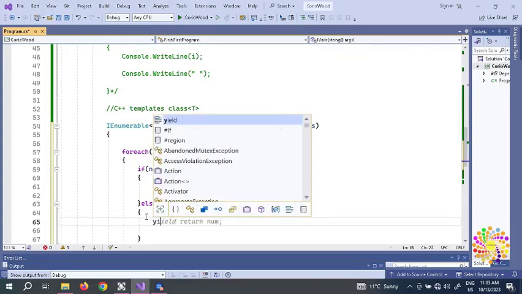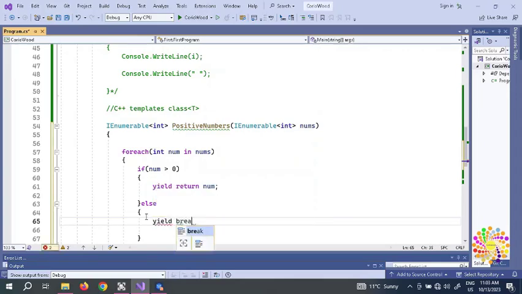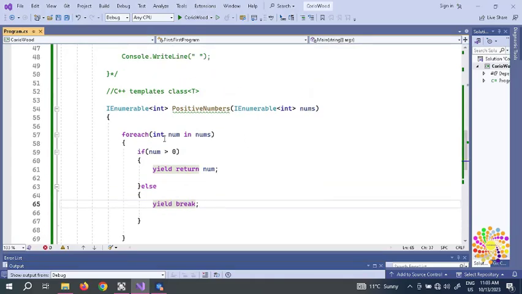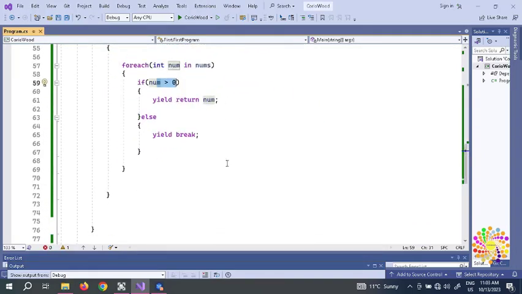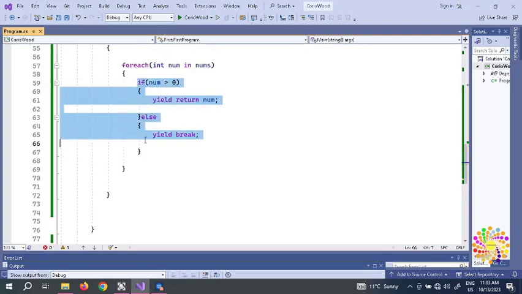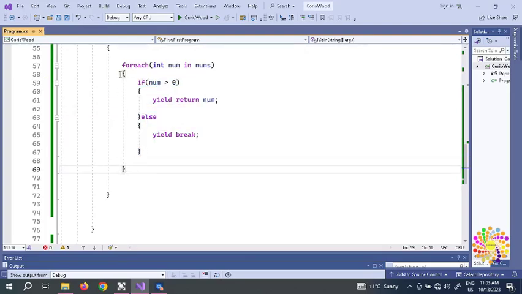So we put a yield. We put a break the loop, because if it's less than, say, 0, then we're going to break it. So now what we're going to do here, we're going to put our console. So that's the block for this one. That's the block for